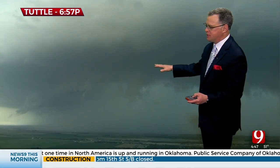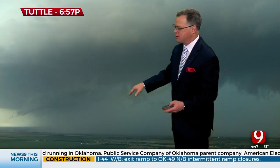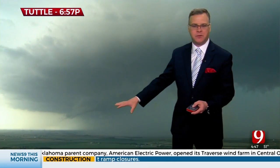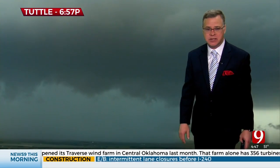There was a storm in the Tuttle area. This kicked up its heels. We had our helicopter out. Sky News 9 HD was out with Jim Gardner tracking those storms. And again, for a while, it did have a lowering, did have a brief spin up down in the Tuttle area. That's one area. As the sun set, that's when the storms started to shift near the metro and then